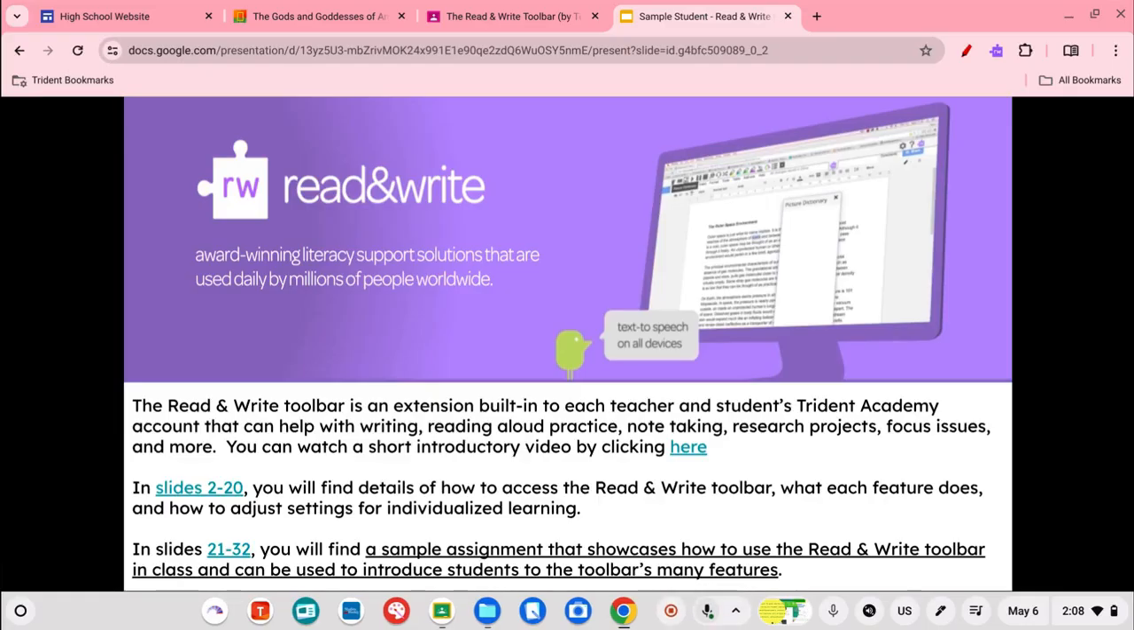So this next accessibility tool is not one built in natively to Chromebooks and the Chrome operating system, but it is an add-on extension that integrates fully with the Chromebook and the Chrome web browser, and will show up, as you can see here, in the top right-hand corner of your browser window. This accessibility tool is called Read and Write by a company called Texthelp. If you click on this icon,